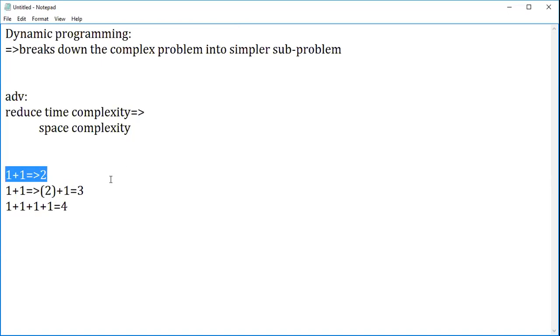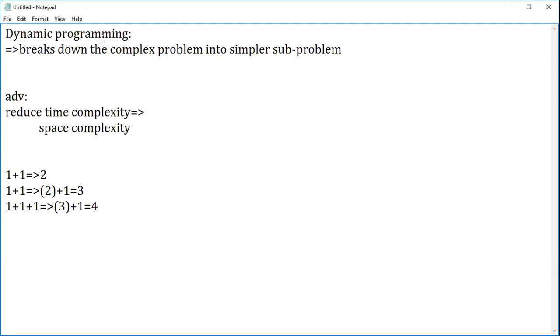Yes, I'll let you know all the scenarios, guys. First let me explain, then I'll give you all the technical terms, okay? This is how it will be done. The same way, when you come across 1 plus 1 plus 1, we know it is 3, so 3 plus 1. This is what happens in dynamic programming. This is the difference between normal divide and conquer and dynamic programming.